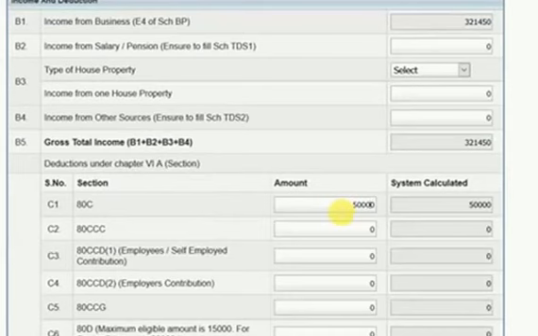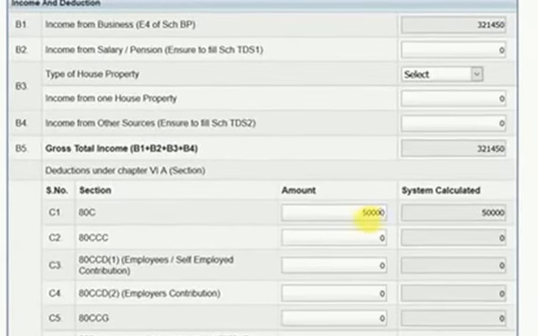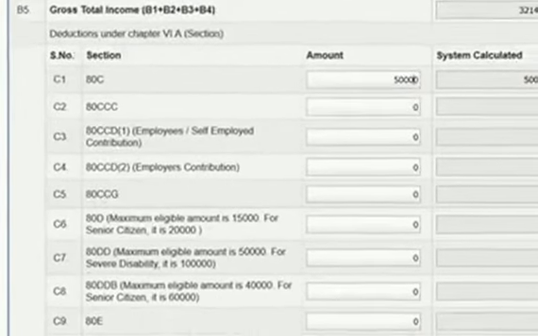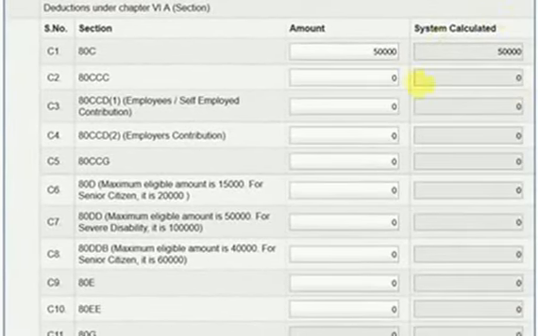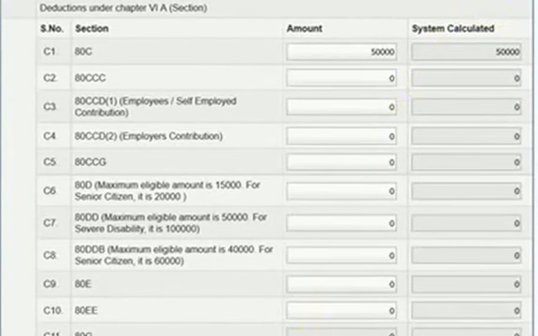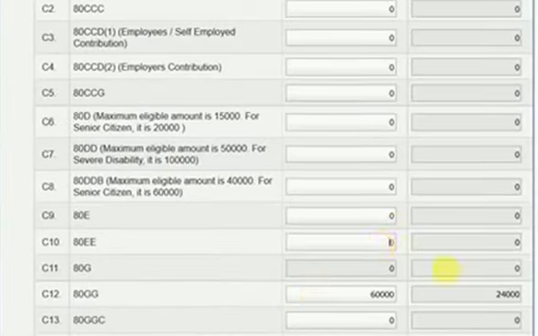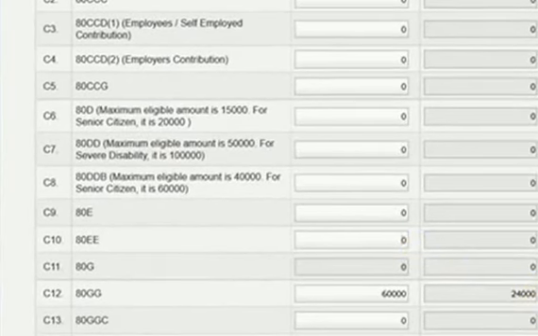I have a ULIP policy for 50,000, so I entered this 50,000. I got a 50,000 tax exemption from the 3,21,450 income. Then 80GG: we can take exemption for rent. If you pay rent of 60,000 or 1 lakh, you can take an exemption of only 24,000. See, I am paying 60,000, but it displays only 24,000.